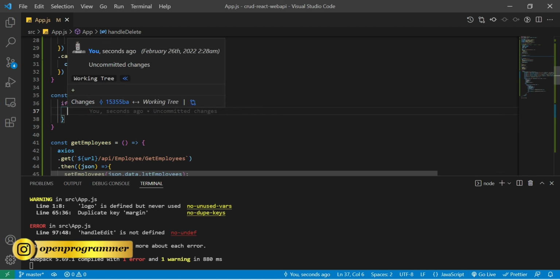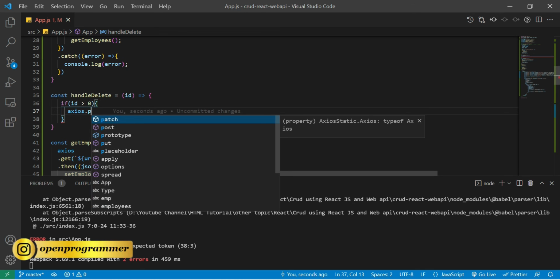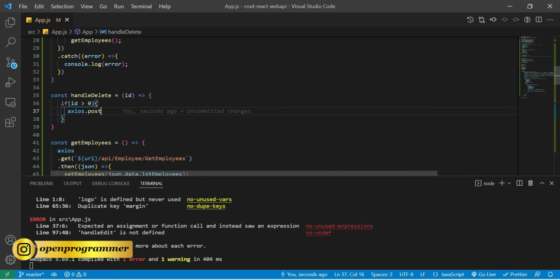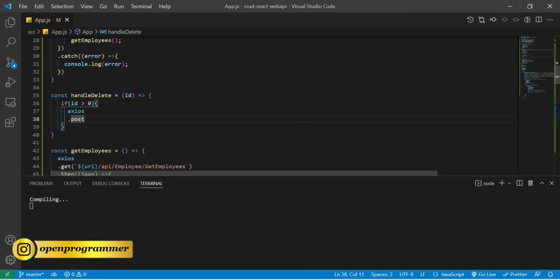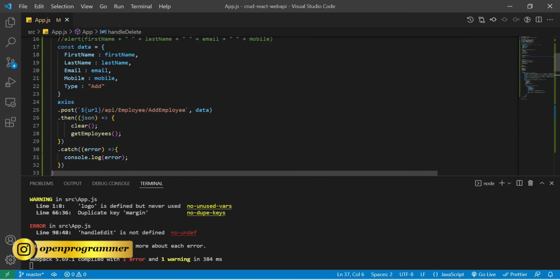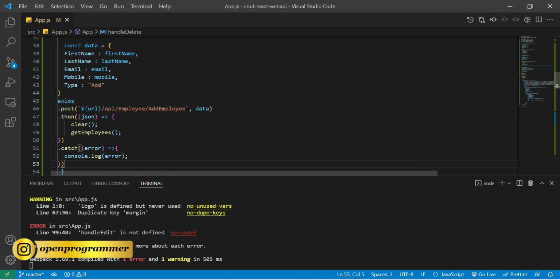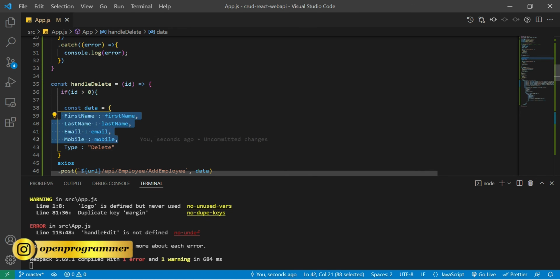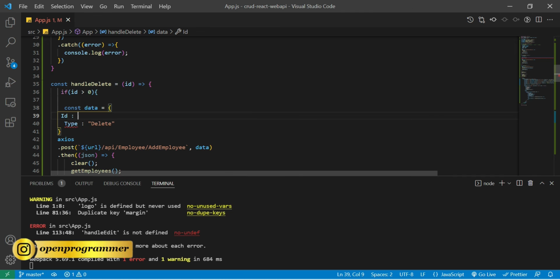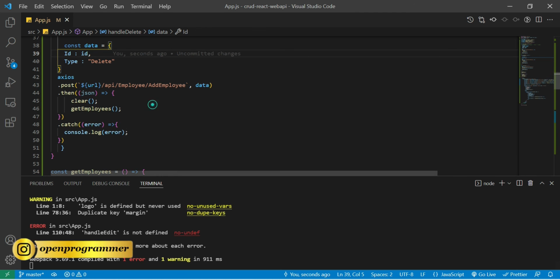So again, axios dot post, and first we need to create the data. So let's copy this data. Let's copy this entire function or axios call. So here, change the type, delete, and we don't require these fields, but we need id as id. And here, perfect, nothing else. So save,